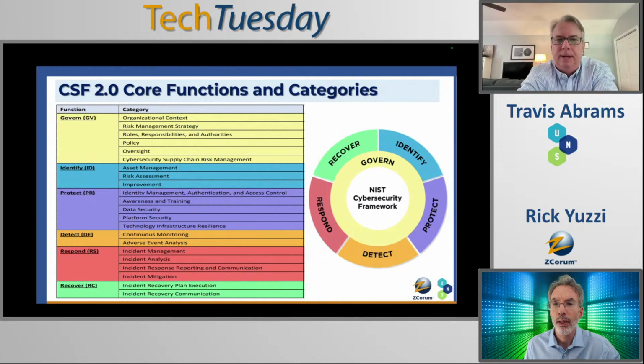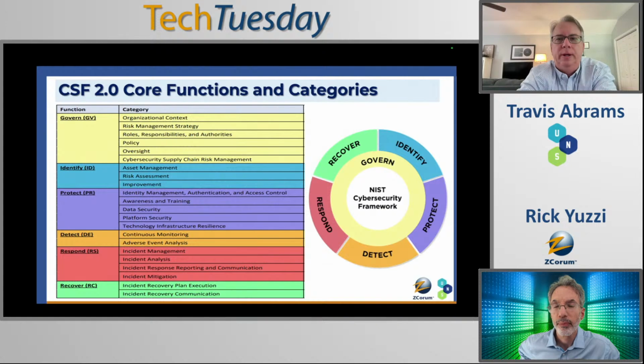Okay. Yep, absolutely. Something else here with this govern, and it's described well here in this image on the right, is that this is what encompasses everything from start to finish. So you start the process, and then you go through everything, and then you have the feedback at the end, right? Yep. And then you make improvements. Is that what they're trying to show there?